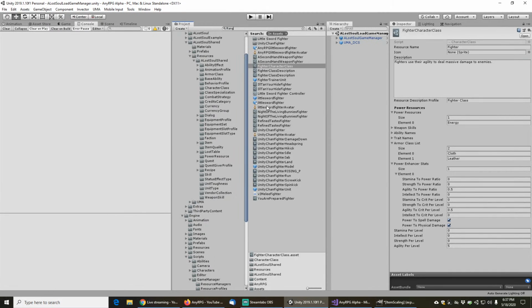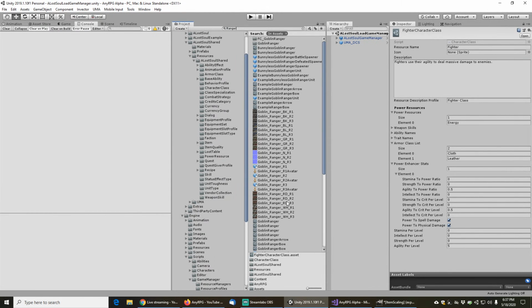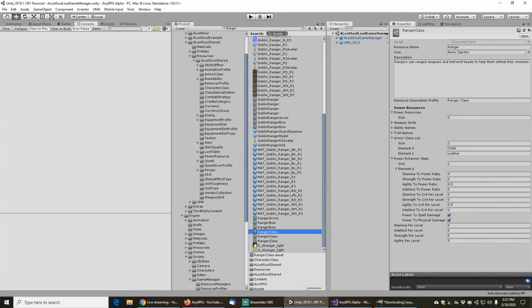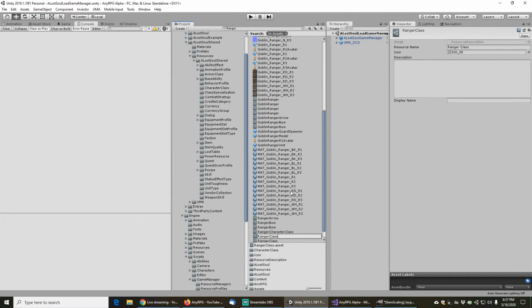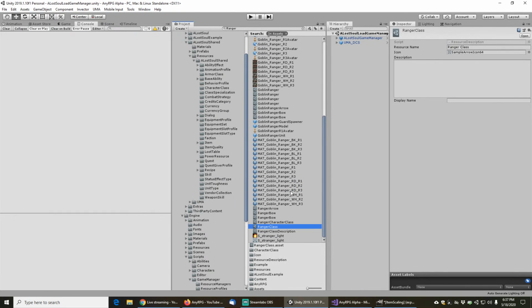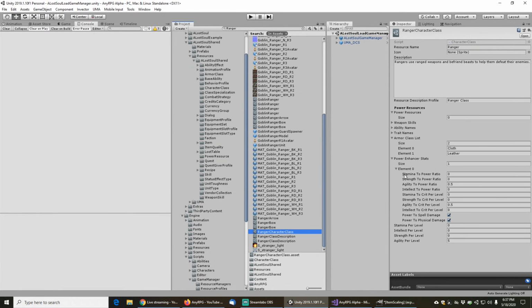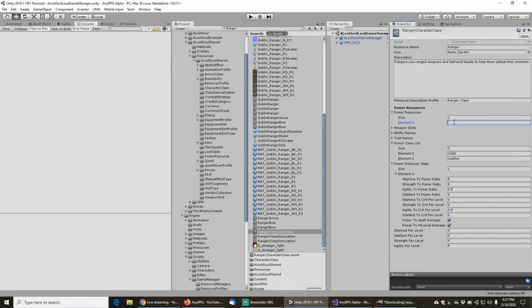let's see, our last class is the ranger. For now, I'm just going to have the ranger use mana. I'm not going to implement like focus or anything like that yet. So the ranger will just use mana. Okay, there. So now that all these guys have their character classes,